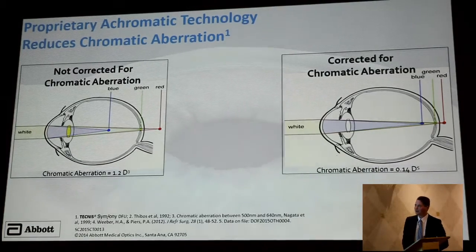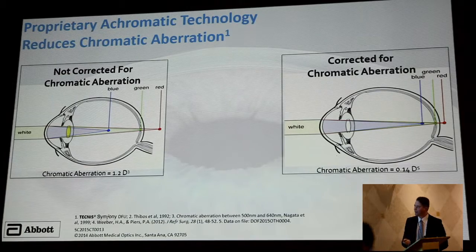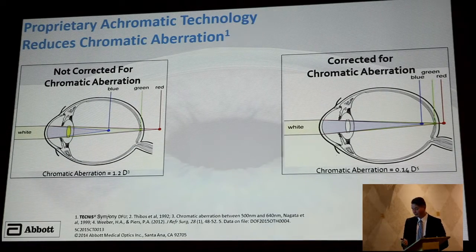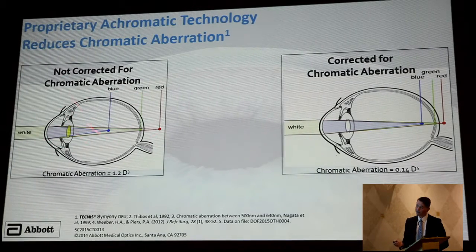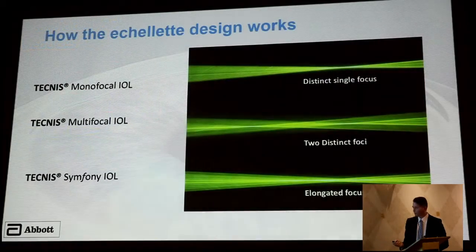Okay, achromatic technology. And this is really smart. I don't know why the other lens manufacturers haven't come up with this yet. They took a look at where the different wavelengths of the light passing through your eye go. Are they broken down? Do they focus at different places in the eye? And the answer is that they do. And by focusing in different places, that's creating its own aberration. So by correcting this aberration,